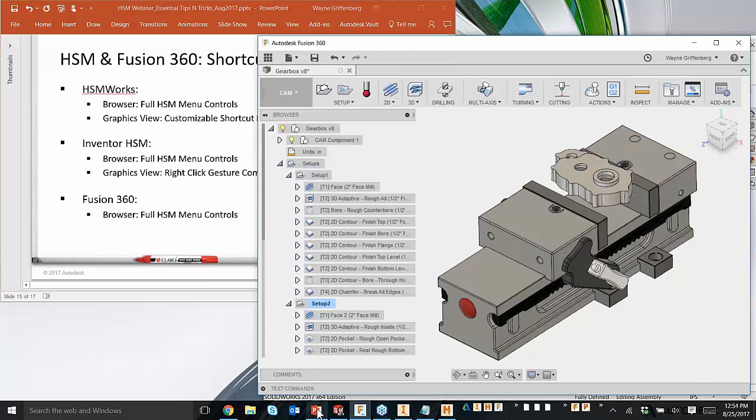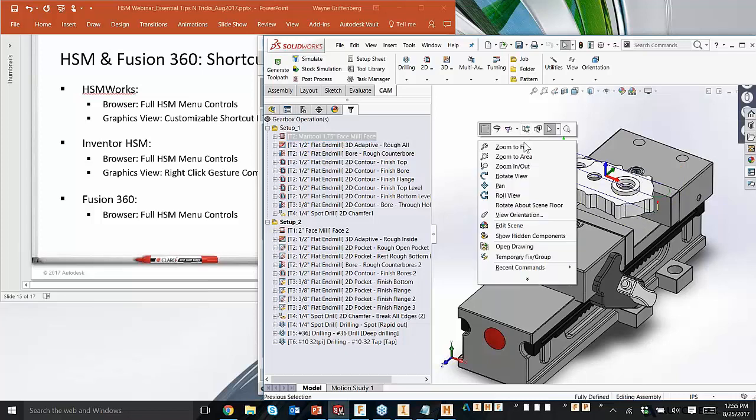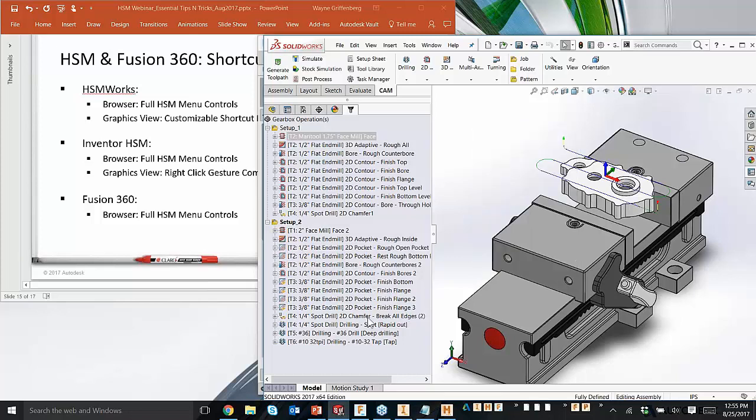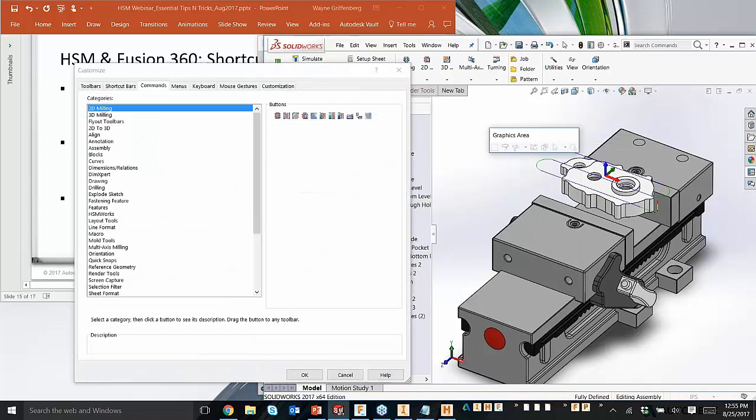One thing in HSMWorks that seems to pop up, and I've seen in a few tips, is that if you're working in your toolpaths here, and then you do a right-click in the graphics view, it's really just view information. It's really stuff that you'd see in SolidWorks here on the right-click toolbox menu. What I'd like to do is make it functional for CAM. So if I right-click on that menu, and up here I have this bar where I can do a lasso tool and selection tools, I'd like to make some CAM functionality here so I can right-click and maybe even post out or regenerate. If I right-click and I go to Customize, now I have the ability to customize that